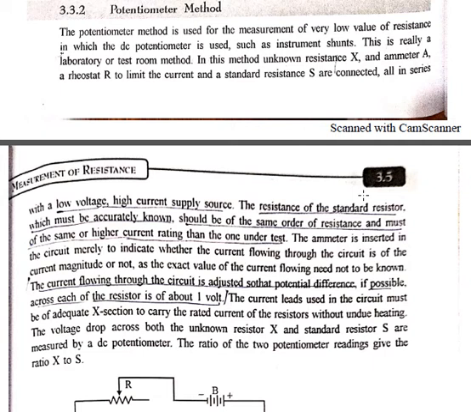In the previous lecture, we started our topic, measurement of resistance, and further started measurement of low resistance, where we studied its first method, that is the ammeter-voltmeter method, in which we studied the shunting effect of the voltmeter. Now coming to the second method of measurement of low resistance, that is the potentiometer method. Basically, this method is used for very low values of resistance, and here a DC potentiometer is used as the instrument. This is a laboratory kind of method.